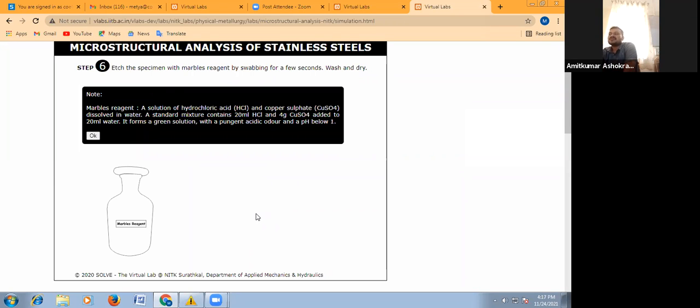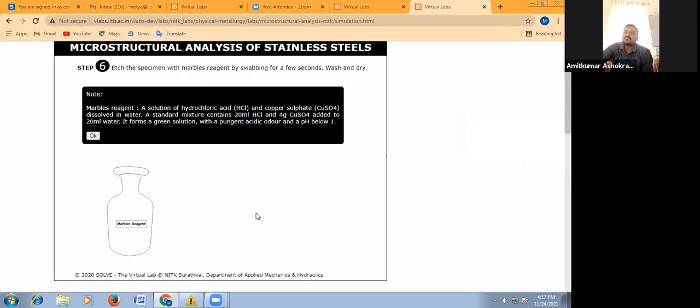Rough polishing with the help of emery paper, polishing papers or abrasive papers is done. Then wet polishing is done with the help of a wet polishing machine or disc polishing unit. And after that, if you directly take that component and try to observe the microstructure under the microscope, it does not reveal anything, only a white plain surface will be observed. Now, to get different phases revealed, etching should be done.